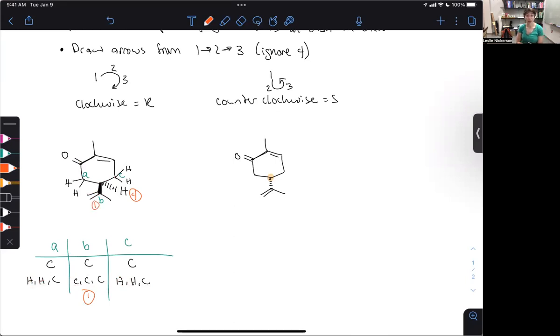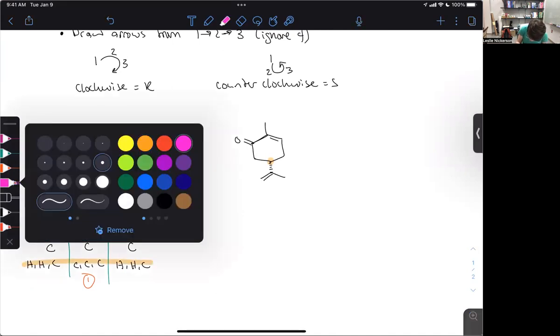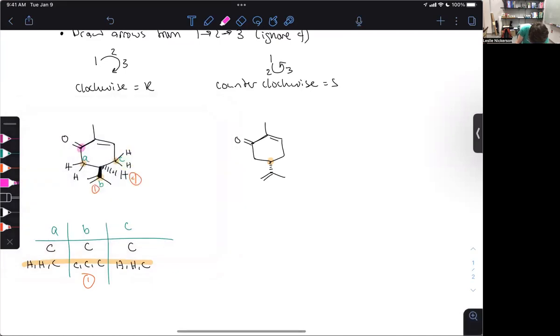Okay, so now we need to figure out 2 and 3. Because these 2 are still identical, we need to move next in the chain. Let me just make a little note here. So we were looking here for that one. Let's go pink. Now we're looking here for this next row. Okay, so we're only looking at A and C now. B is out of the picture because